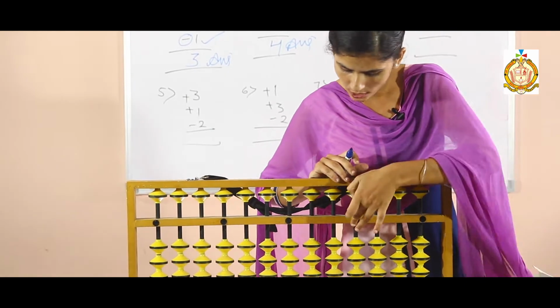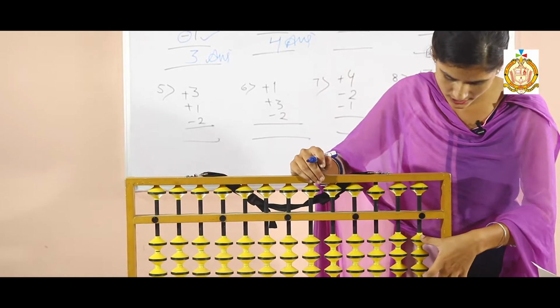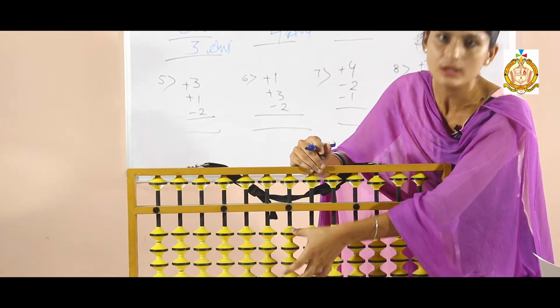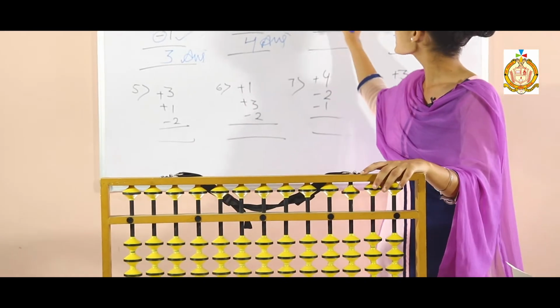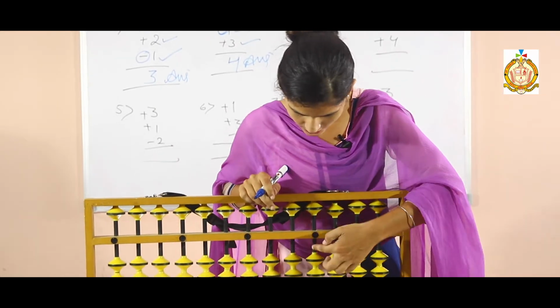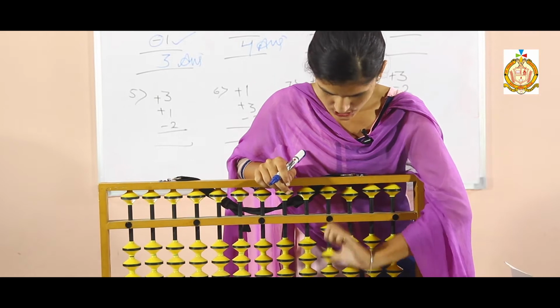These beads, all the beads indicate the unit places. You can start from here also, no problem. No need to always start from here. You can start from here, you can start from here. Okay. Now the third sum is plus 3. Firstly add 3. Now we are going to start from here. Add 3. 1, 2,